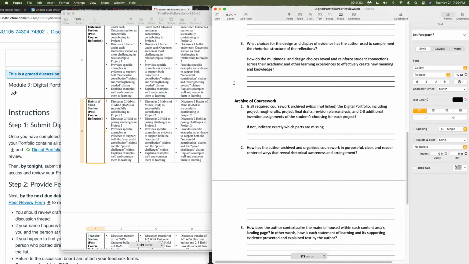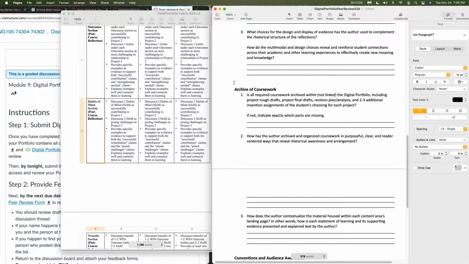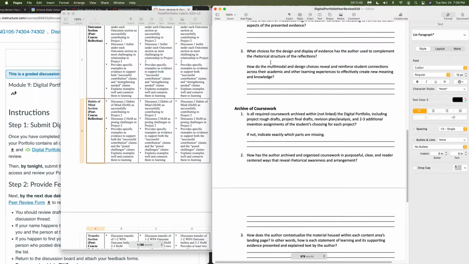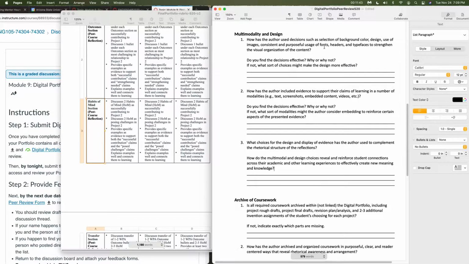The third question of this section: what choices for the design and display of evidence has the author used to complement the rhetorical structure of the reflections? This speaks to what I said a moment ago about how we organize our content. The reflections follow more or less the same format as each other. You've got the habits of mind, the WPA outcomes, and the theory of writing for each reflection. So it could be nice to have those harmonized in some way, like what sort of elements, these things,